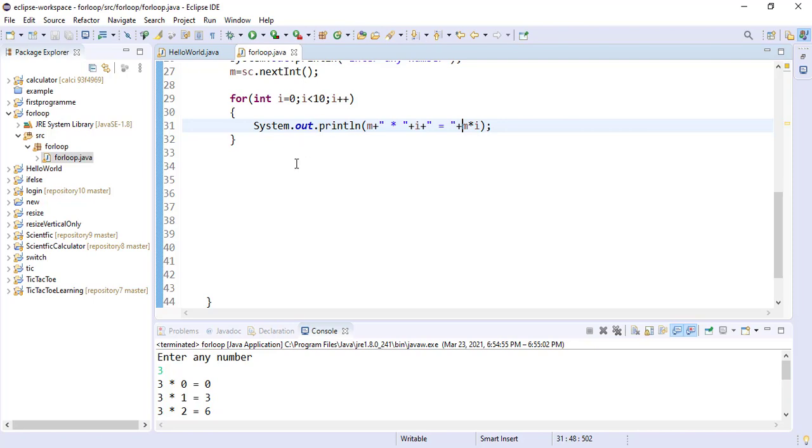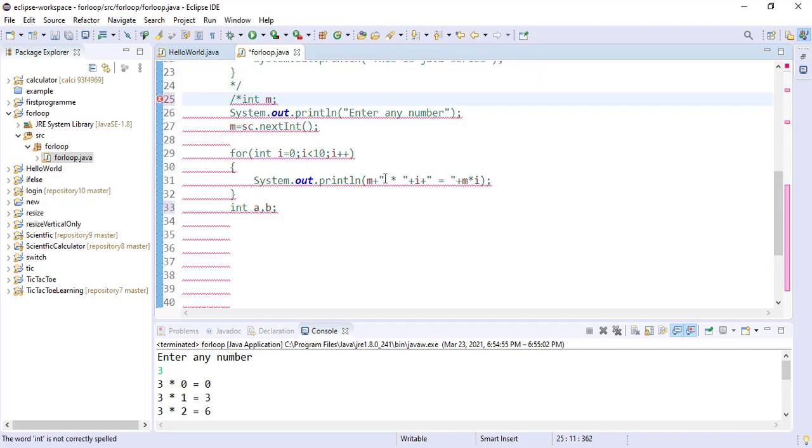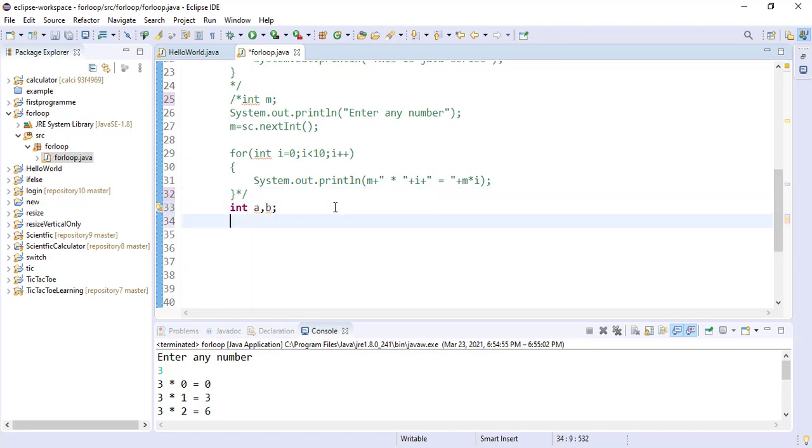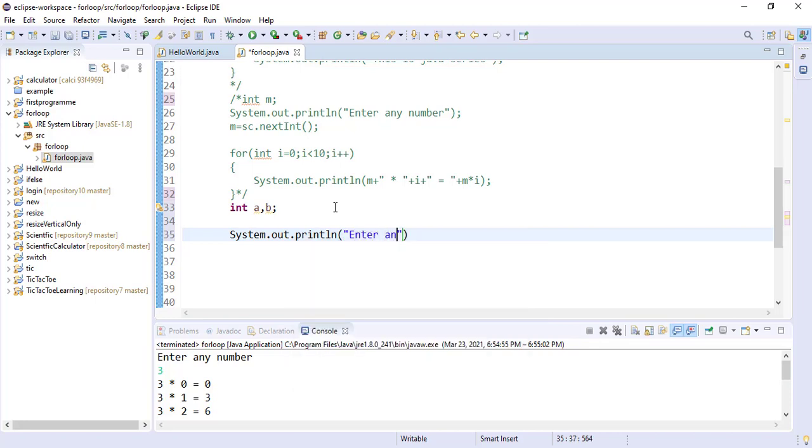For this I have to simply take two variables, int a, b, then semicolon. Now first comment this code, because I don't want to run it again and again, using slash star slash. First of all I have to take a number from the user: System.out.println("Enter any number").